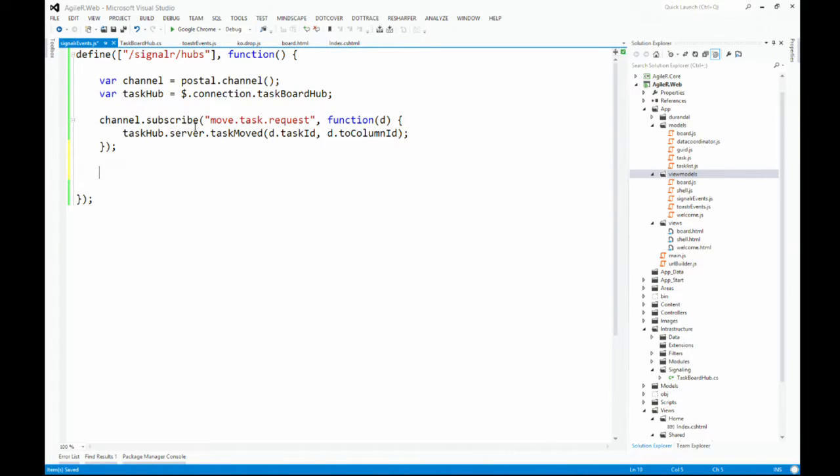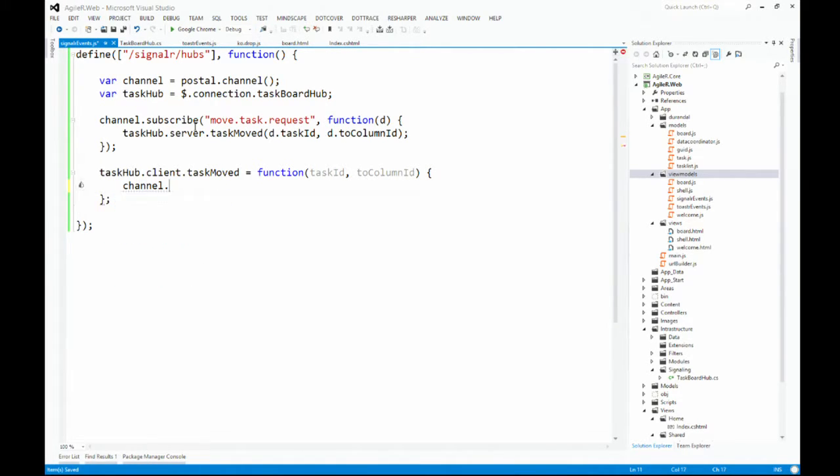Okay, so the other half of this is on the clients receiving the message. They need to kind of replay that message locally so that we can kick off the process to get the UI updated. So this is extending the SignalR client. So when the client method taskMoved is called, pass it to this function. Does that make sense? Yep, pass it to this function. So I'm extending the SignalR client or client-side code.